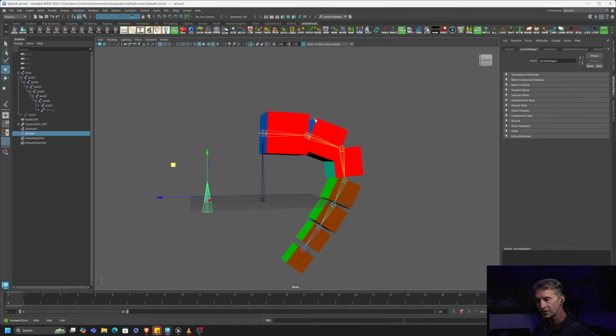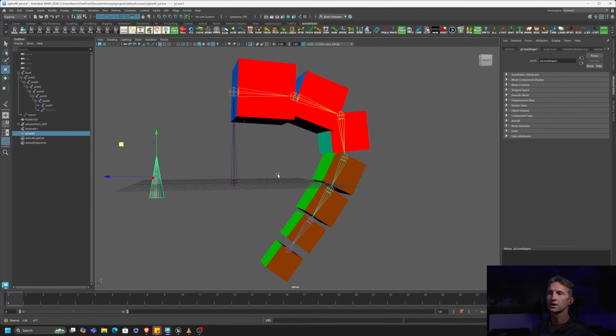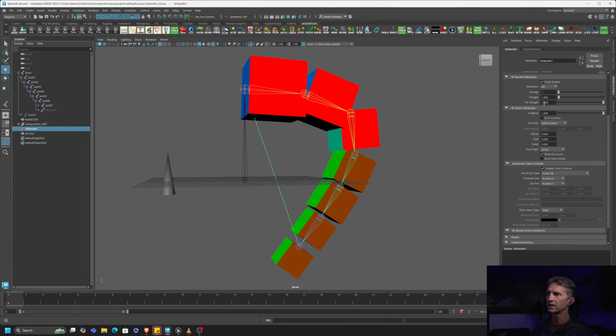So there's an outside something, usually an object, another curve, or whatever it is, that is used to stabilize the spline IK so that it knows which way is up. And if we select our spline IK, we can actually change that here just so you can see the difference. Right now it's scene up. If we change it to object up, start and end,